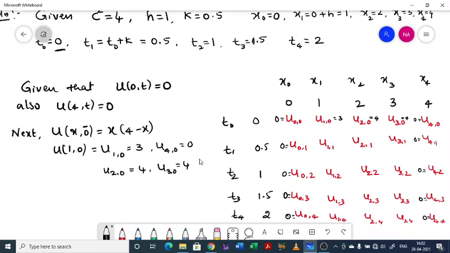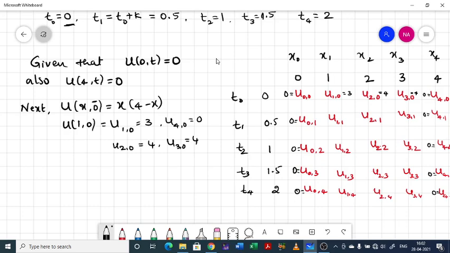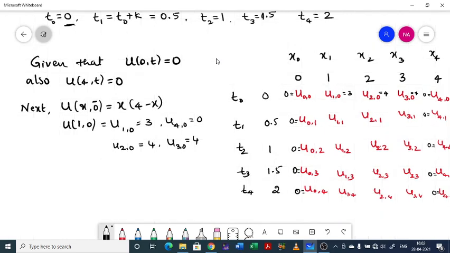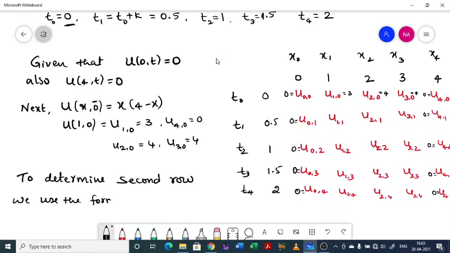Yes, so I got the first column, last column and first row. Now I need to determine the second row. For the second row, we have to use the formula. To determine the second row, we use the formula we have,